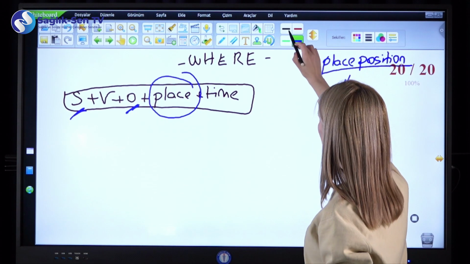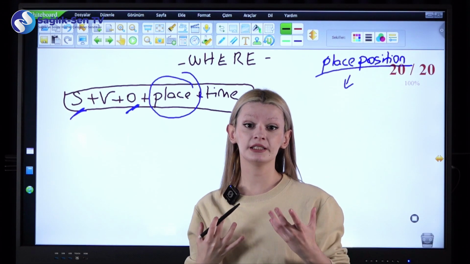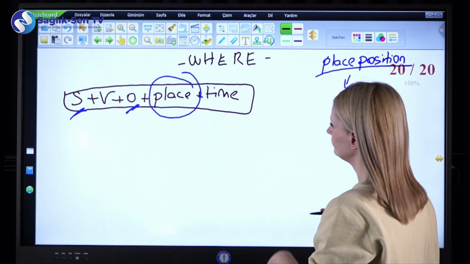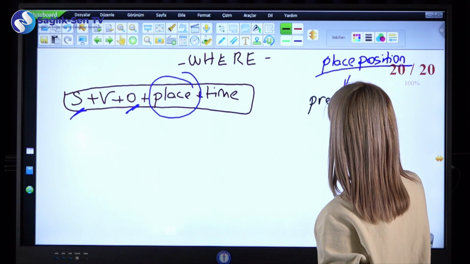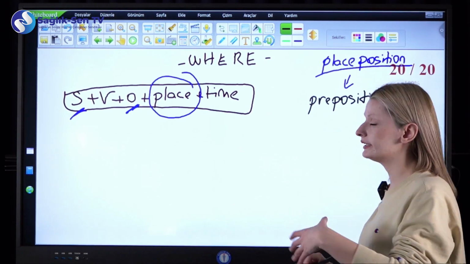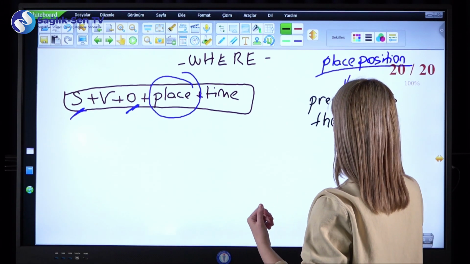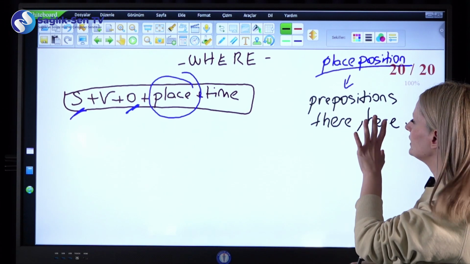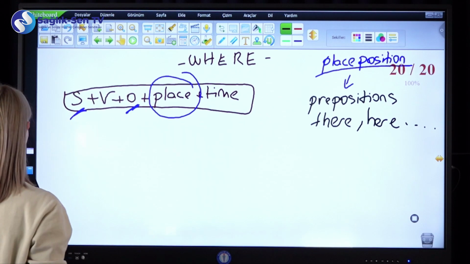How are we going to understand that it gives us the place meaning? There are several ways for that. We can use prepositions. We can understand from prepositions, or we can understand from there, here, etc. These are our clues. For example,